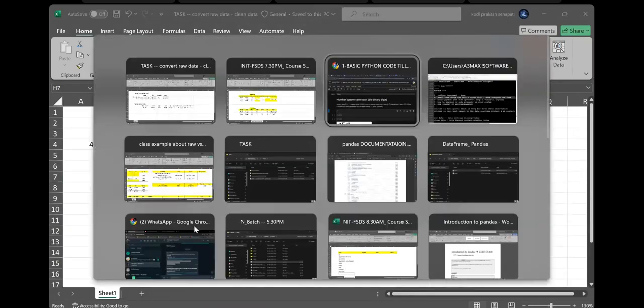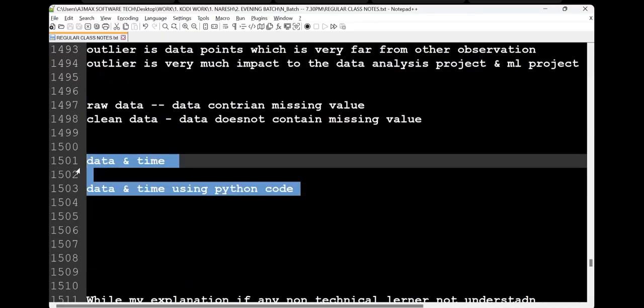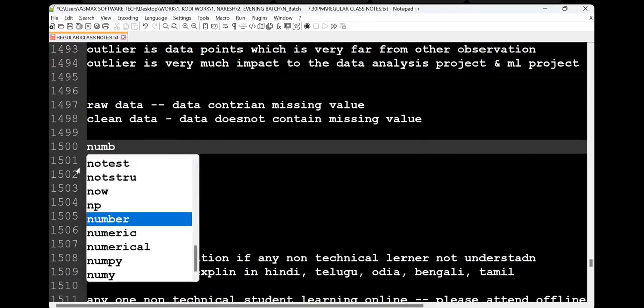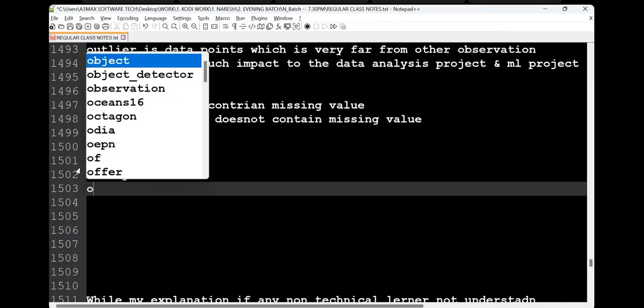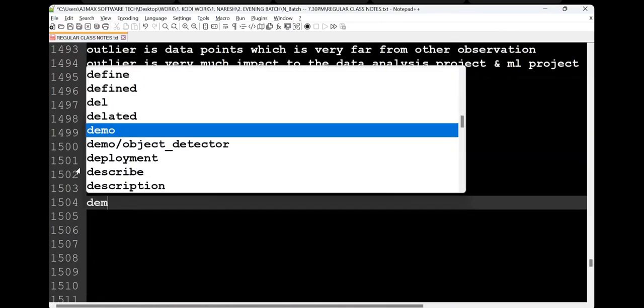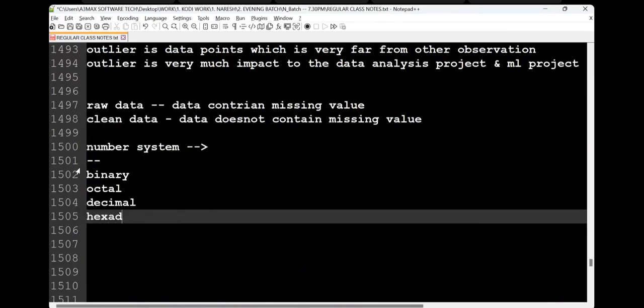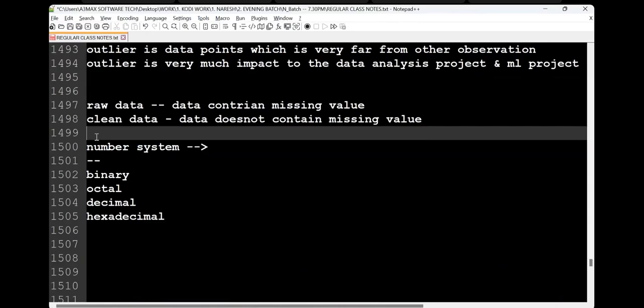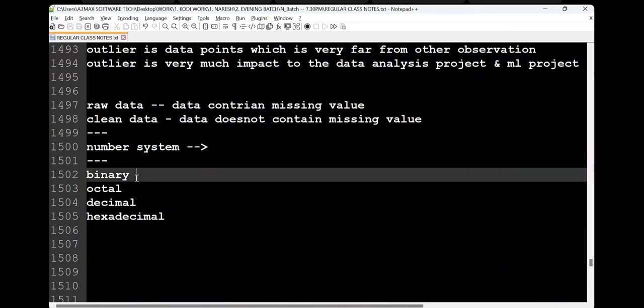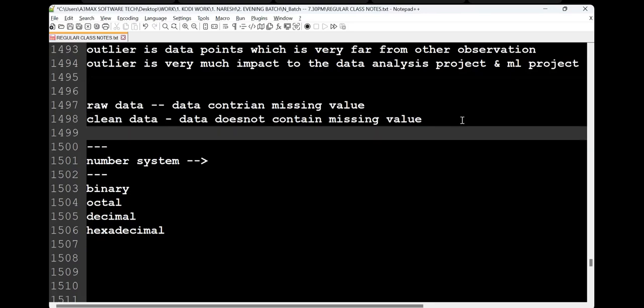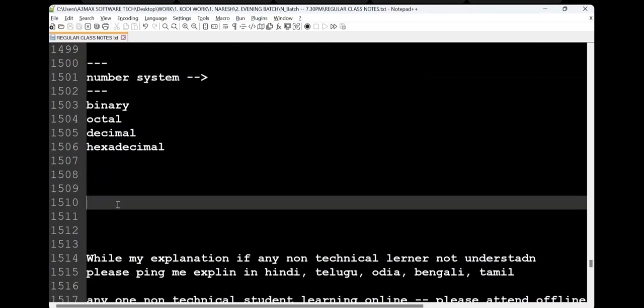So just go to my notebook and let me write it down. So here I'm in number system. How many number systems do we have? Binary, octal, decimal, and hexadecimal. These four are enough. I'll tell you where we use these in practical real time, where we need to use them in a company. If you want to work with me, please work and understand. Whoever students don't work with me, just listen and work later.